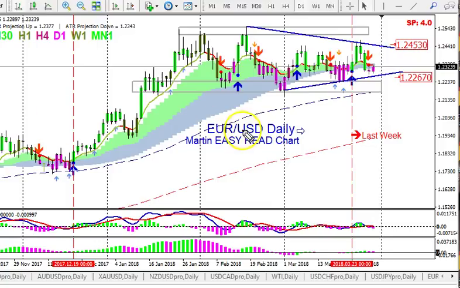So taking a look at the EURUSD daily, you can see this is what happened here. Last week's trading, we have the 5 trading candles: Sunday, Monday, Tuesday, Wednesday, Thursday, Friday. So anything you see to the right side of this red line is what happened last week. So last week, you can see at the last couple of days, price really just went sideways. Take a look down here. The MACD is pretty well right near zero,